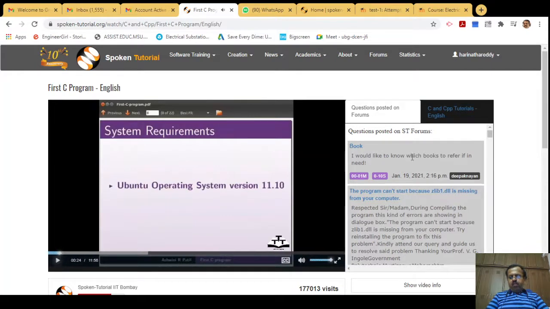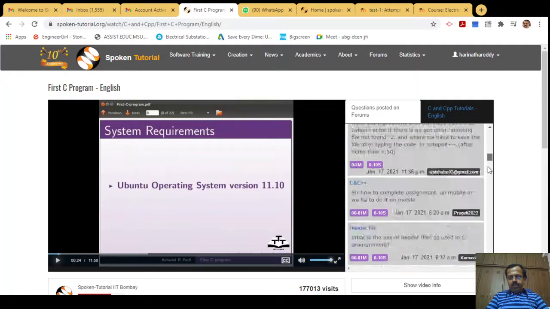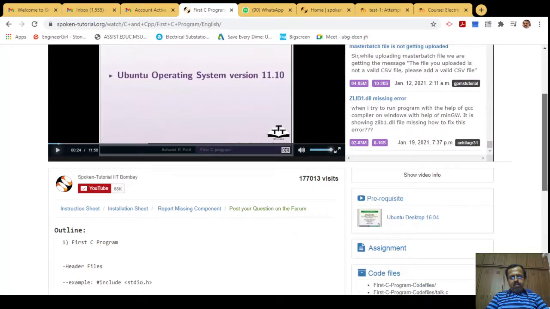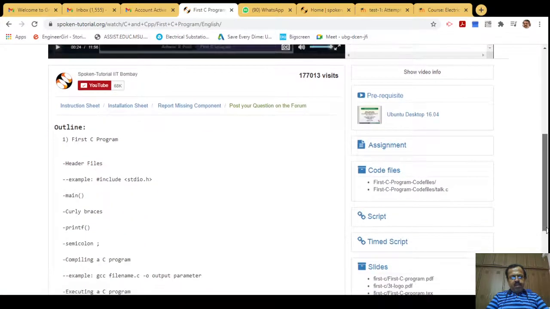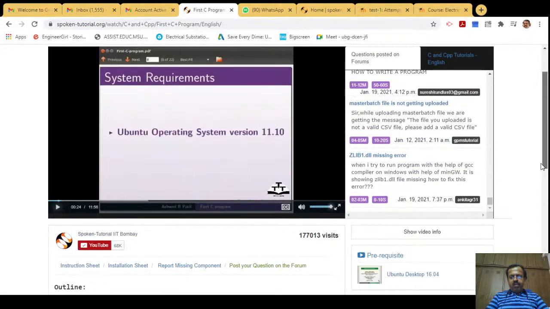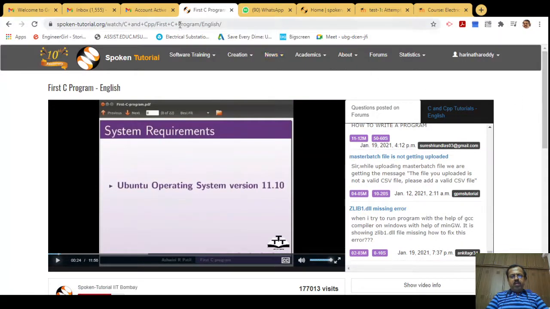If you want, you can also post questions as shown here. These are the things, okay, that is how this will help you. So you can have even the first program and everything is given here. All these are self-explanatory. I think there is no need for in-depth explanation. This is how you have to select any particular course and then log in, then listen to how the video explains any particular topic.